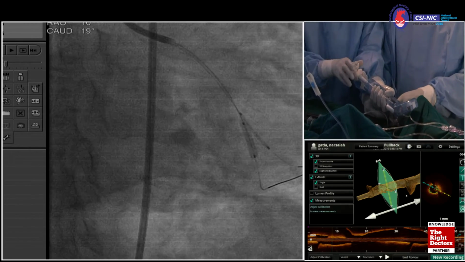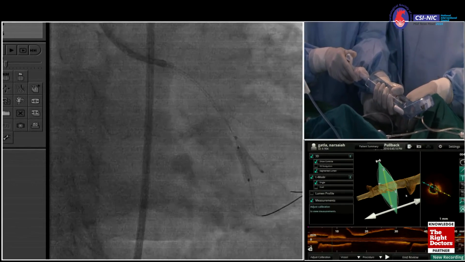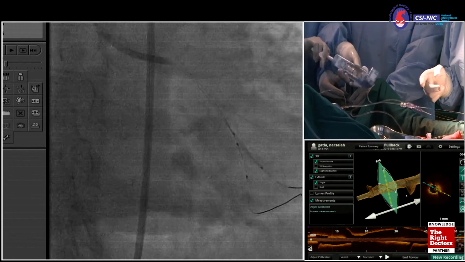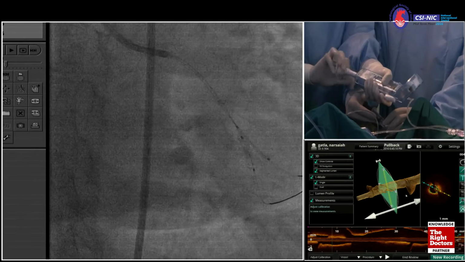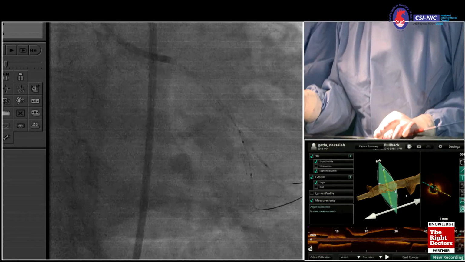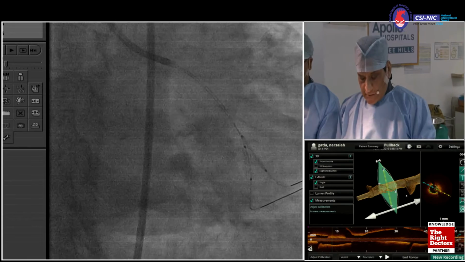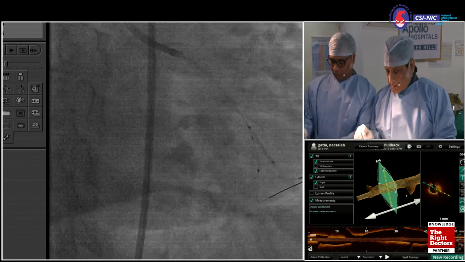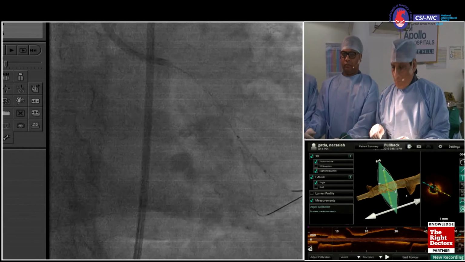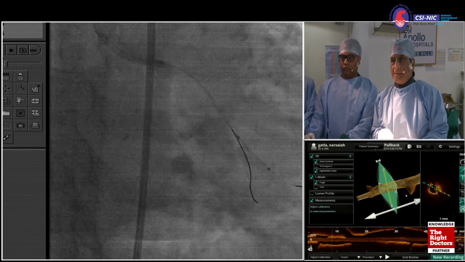What's the pressure now? 10, 12. So we deploy it fully. 12. Good. Negative. I always do 2 inflations. One more. Yep. Any specific reason for that? Yeah, the key is that 12 negative. The principle, this was actually the early days of stenting: when you first inflate, your stent will expand to the resistance of the plaque. And the second gives you a little more spherical shape. Whether it's clearly substantiated or not, that has become a practice right from the beginning.